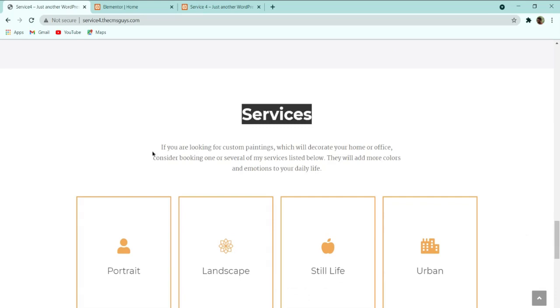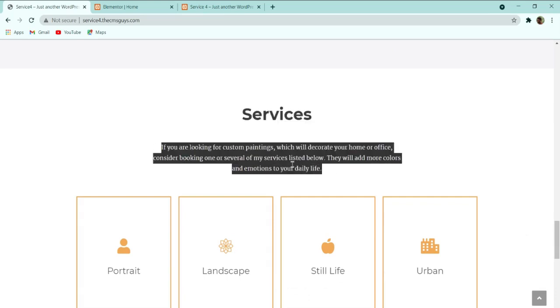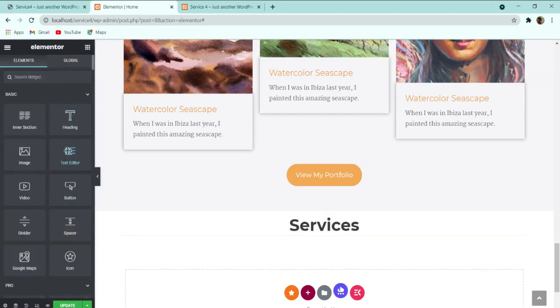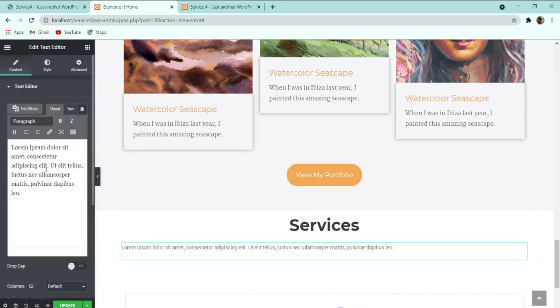After that here you can see that we have this description text. So let me copy the description text from here, and here I can take this text editor, simply drag this text editor under services, and then paste the text.